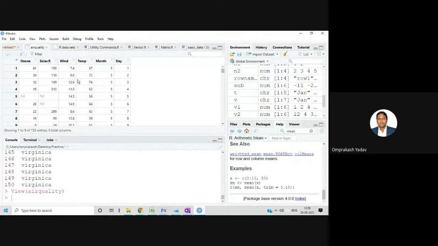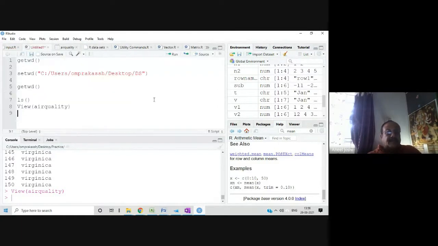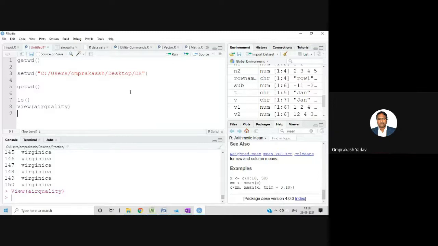One small interruption. Can I do this on RStudio, or are you doing it on the downloaded software? This view function, you type the view function, and in brackets you put the iris, right? Now, from where did you get this air quality? It's there on RStudio. Okay, all right. Thank you, I got it.